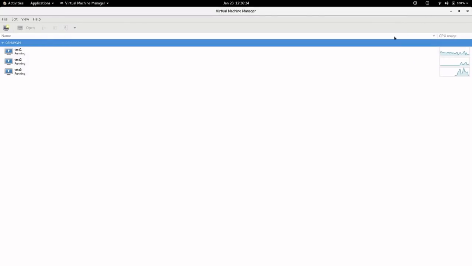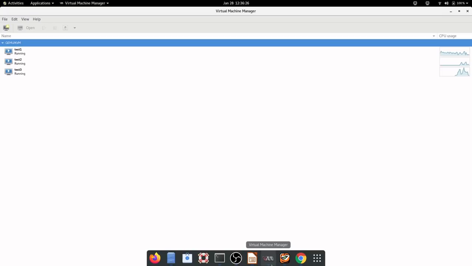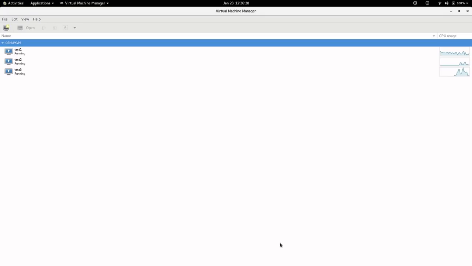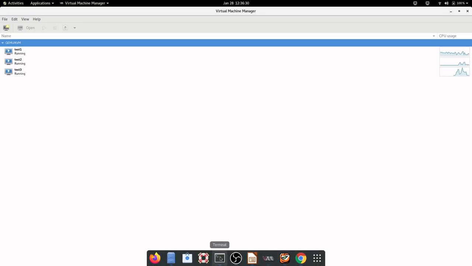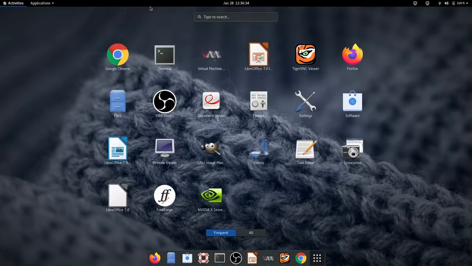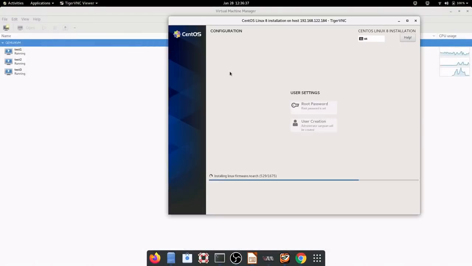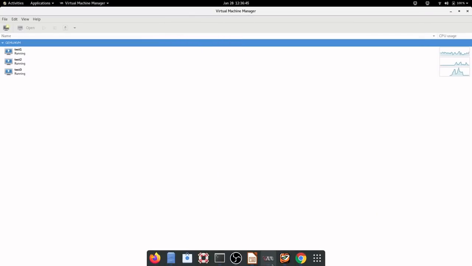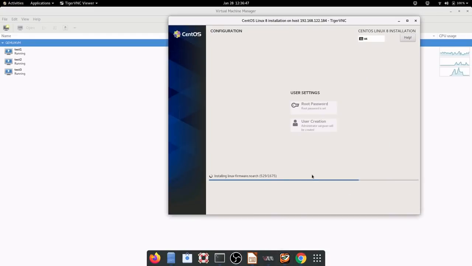This is my first machine. Let's look at that second machine, which was started from the terminal. Let's look at the VNC viewer. That installation is going on. So this is our first machine, test 1, installation going on. This is test 1.